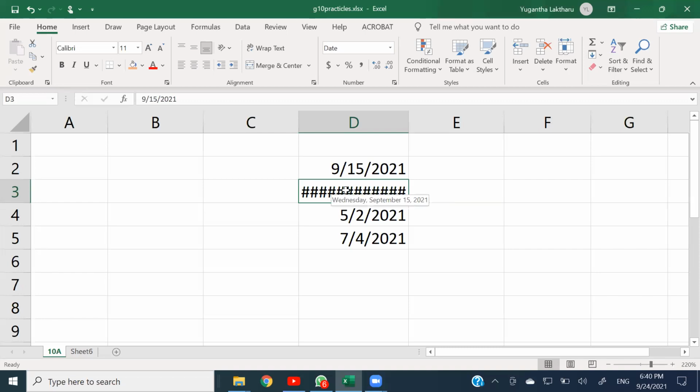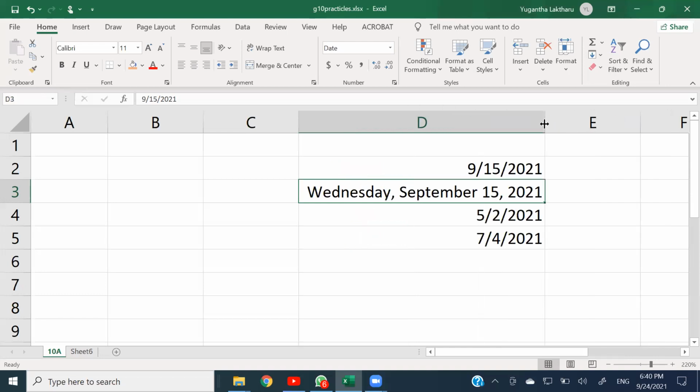Now, if you are seeing something like this on your Excel sheet, this indicates the data does not have sufficient space inside the cell. Idamadi, cell like idamadi. Right? So we can change the width of that particular cell, then you will be able to see it. Okay, so this is the nature of the long date,